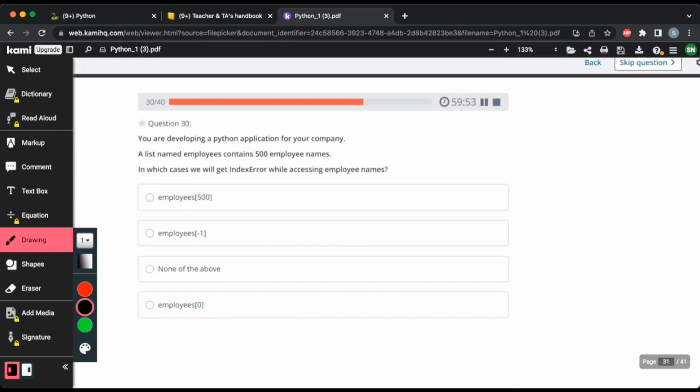Okay, question 30. You're developing a Python application for your company. A list of employee names contains 500 employee names. In which cases will we get an index error while accessing employee names? So we want to see in which one we'll get an index error. So if we do employee index 500,